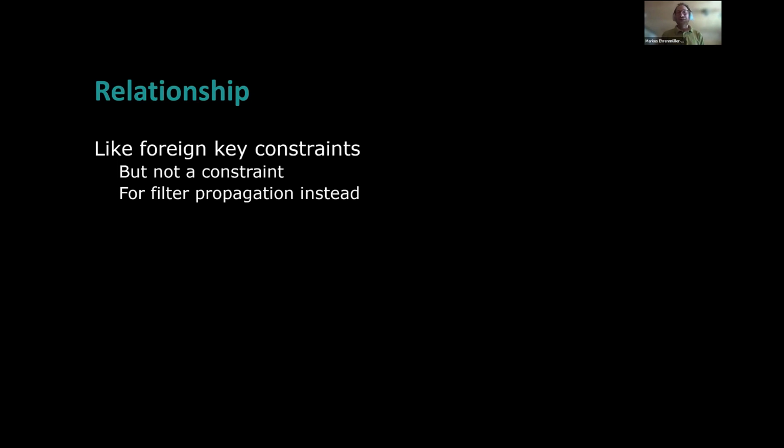Power BI does not take any limitations on your data. You can load sales rows for customer keys which are not available in the customer table. Power BI doesn't care about that. Power BI works the other way around. It uses those relationships to filter your data.